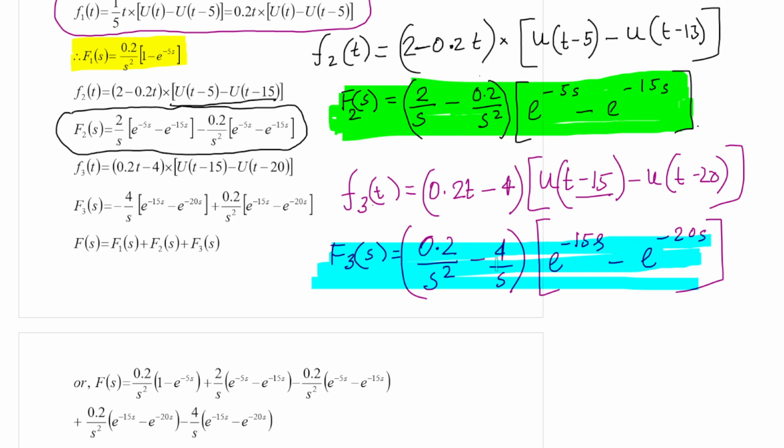So these three expressions shaded by yellow, green and sky blue represent the individual parts of this function. So when you add these three,